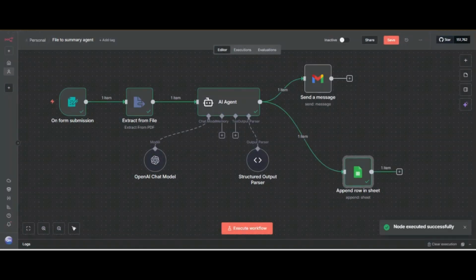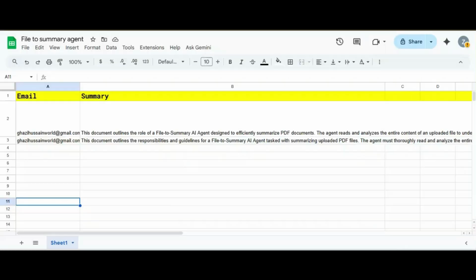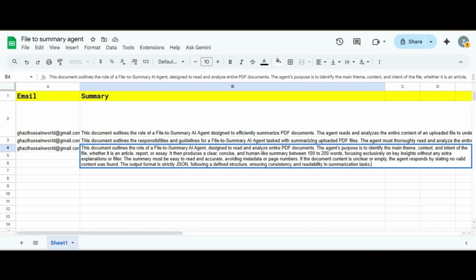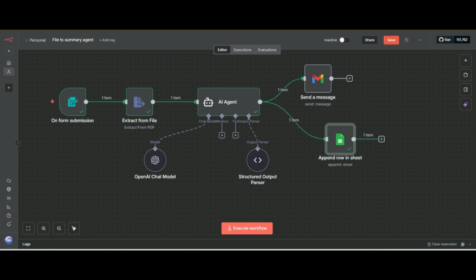Now it has saved the data to our Google Sheets database. Now you can see, we have created one more agent, file to summary, and today we explored the Extract from File node.